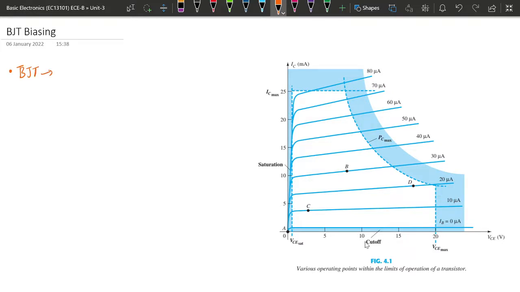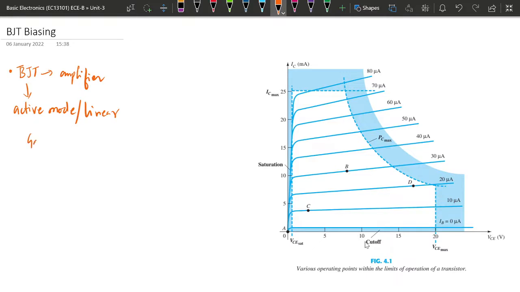Before that we will just analyze how in the previous class we have seen how the BJT works as an amplifier. Here the BJT was made to work in amplifier mode. In that case the BJT was biased to work in active mode. This active mode is also called linear mode. In active mode the BJT can work as an amplifier, and there we were getting gain.